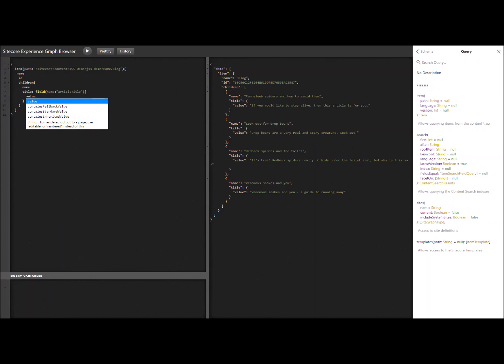Cool, right. So as you can see in our results here, we now have the blog homepage. We have its ID. We have all of its children, which we've iterated through using the children item. And we can see the name and the title and the value. So what else can we do here? Well, I think we need to move on to the next step, which is to strongly type the data that